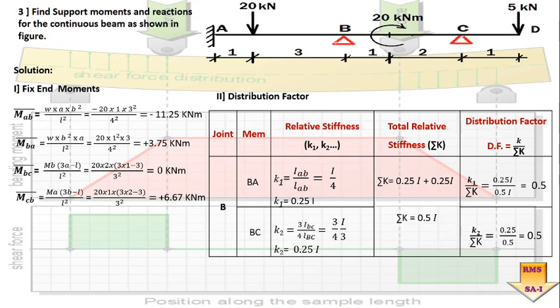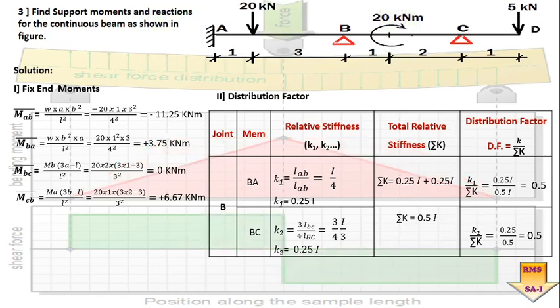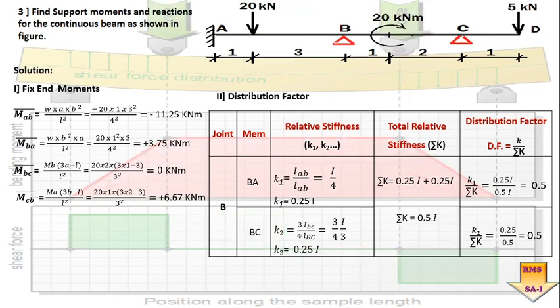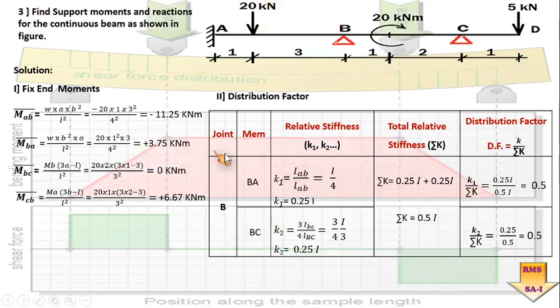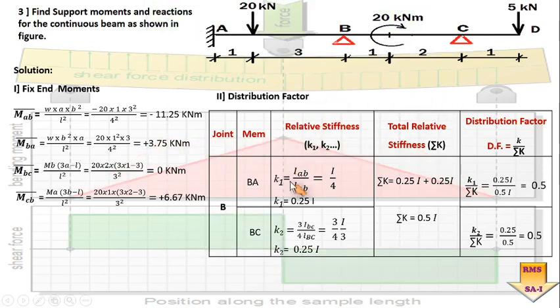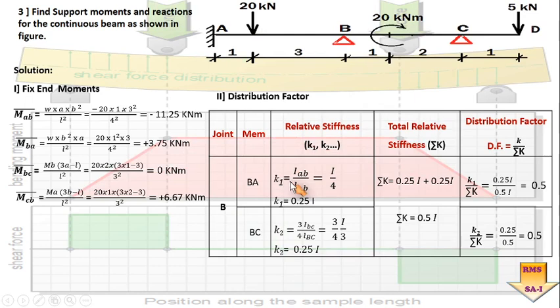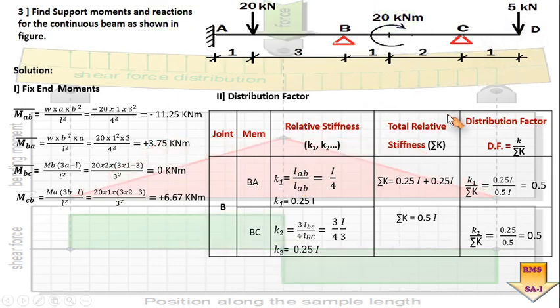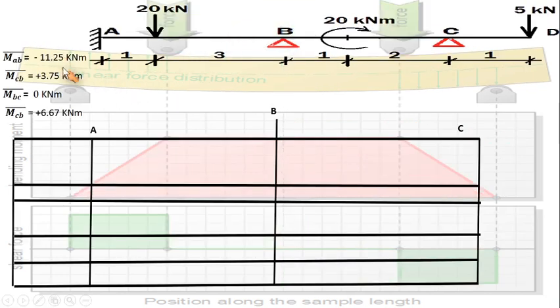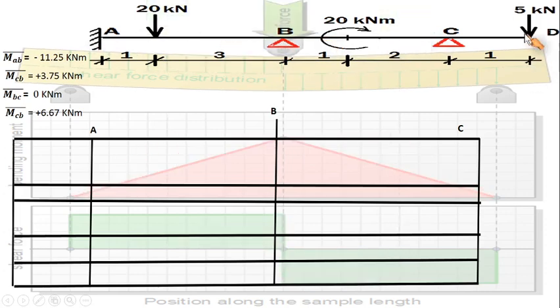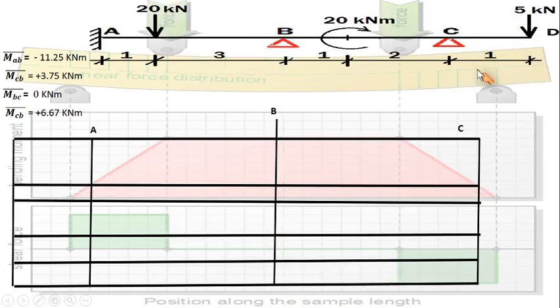Now after finding out the fixed end moments and the distribution factor, the next thing we have to perform is to distribute the moments which are unequal about that particular joint. But prior to that, in this case we know there is an overhang. Let us see what is to be done with this overhanging part. Here we have already found out the values of fixed end moment for AB, BA, BC and CB. Still this part CD is yet remaining.